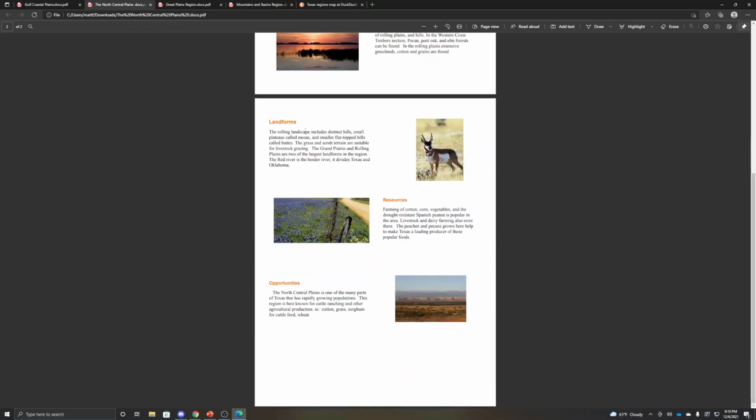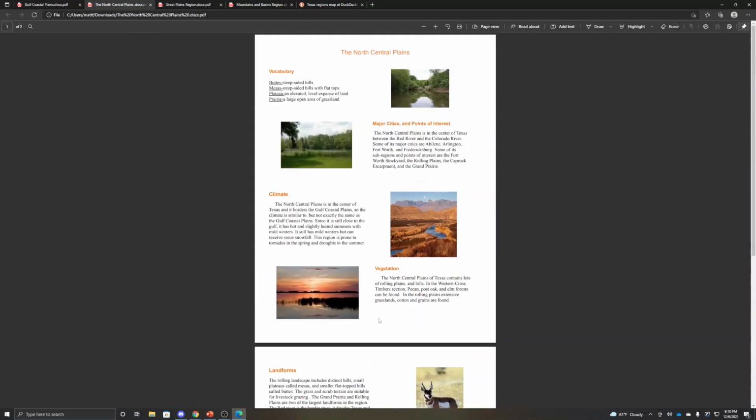So landforms, those are rolling hills. Again, we're going to do something to help us remember this later, but rolling hills is the best way to think about it. There's a lot of farming, agriculture. We'll talk about the Native Americans later. Remember, the Native Americans who lived here, they were sedentary. They didn't move because there was a lot of good farmland for them to farm on, so they didn't need to be nomadic. And peaches, pecans, again, more agriculture, very food heavy.